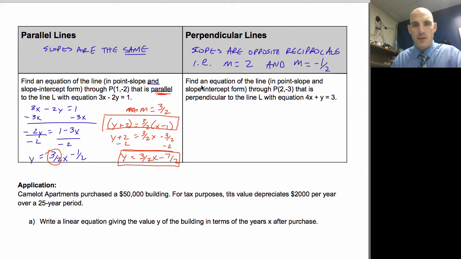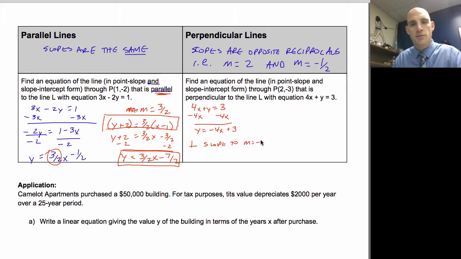Okay, so equation of line in point slope and slope intercept form through (2, -3) that's perpendicular to line L, with the equation 4x + y = 3. Good. So here we go. I need to take the slope from this. So what I'm going to do is solve for y. y = -4x + 3. There we go. So my slope is -4, but if it's perpendicular